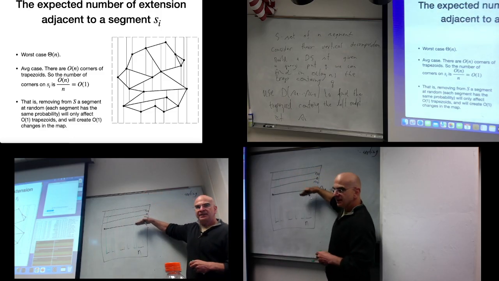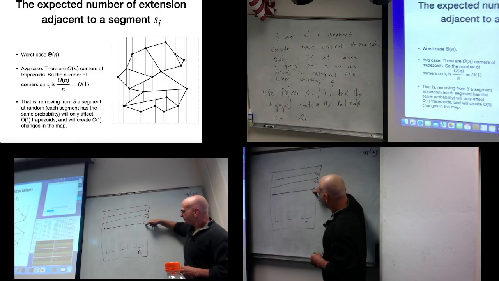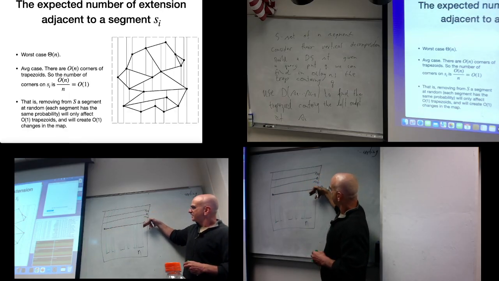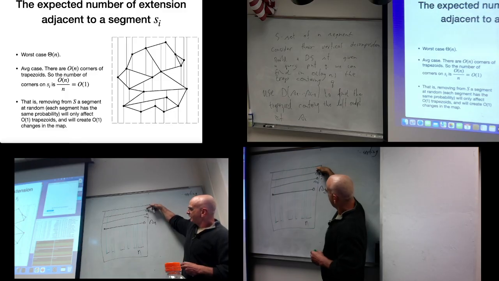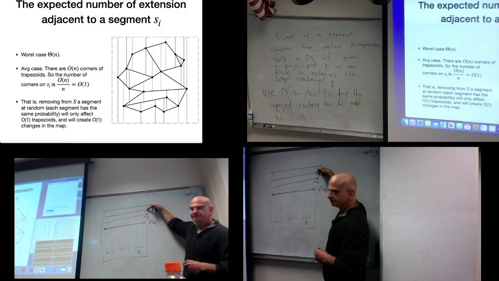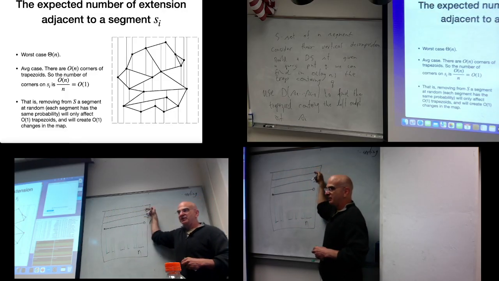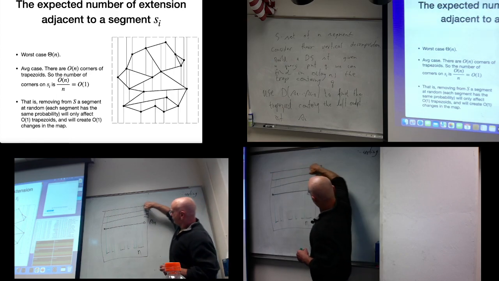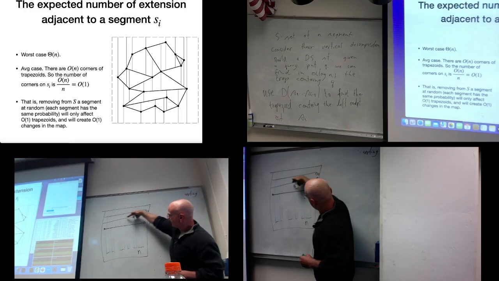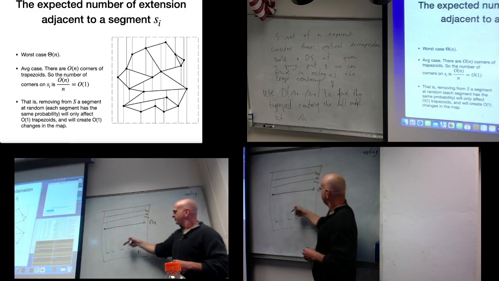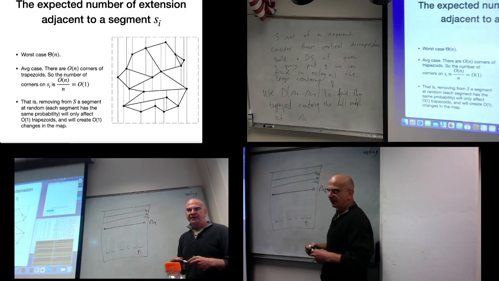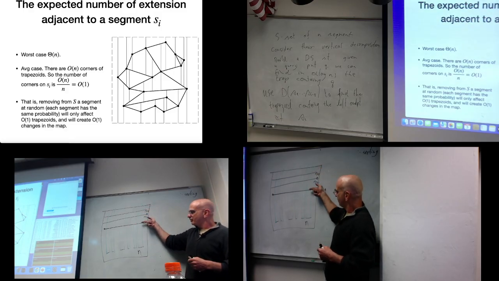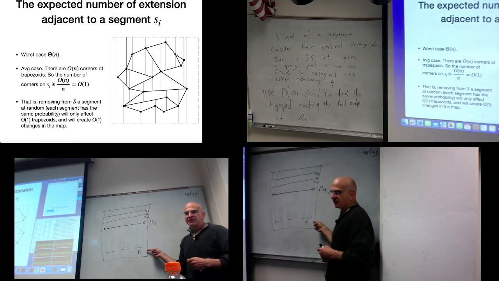If I'm inserting them in a bad order, then S1 changes n trapezoids. If I'm inserting them in bad order, I'll insert S3 first. It crosses all these green lines, which will cause all these walls to disappear, but it doesn't help S2. That also needs to cross all of them. That also helps S3. But now ask just among these 3, plus all this n, because I do have the n,